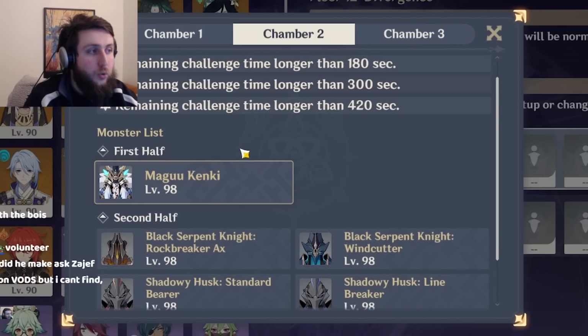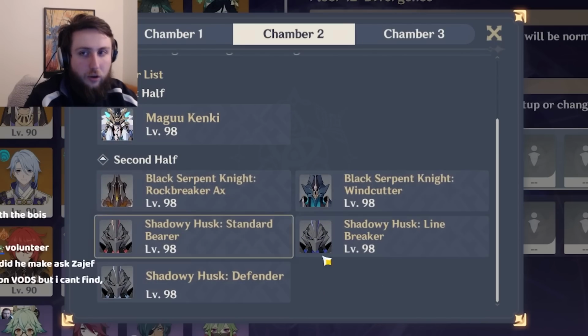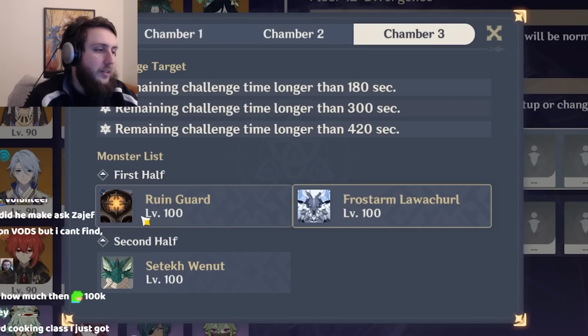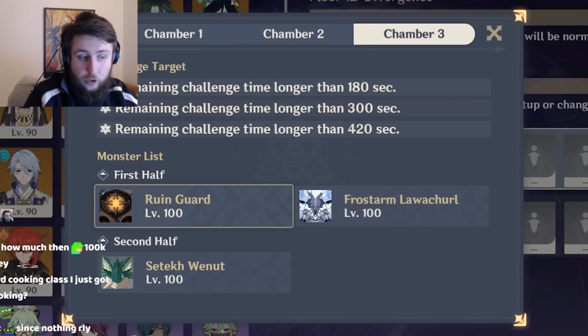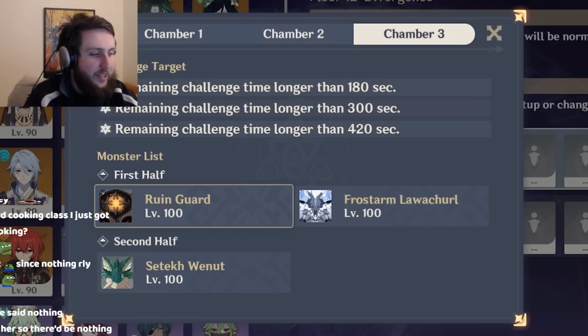Chamber 2 is generally not the problem, and in Chamber 2, the second half is generally harder than the first half. It's not the end of the world. And then it's decent against this, although I would not recommend playing Sauté because I think that the last Burgeon subtype, Curry, is better in this